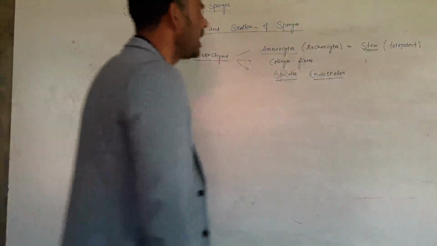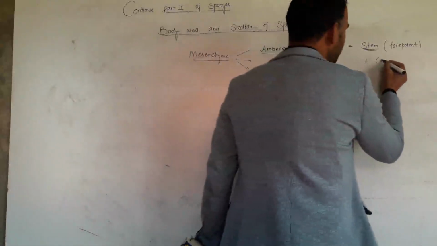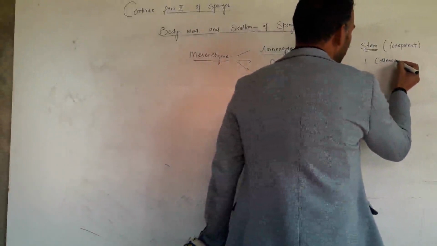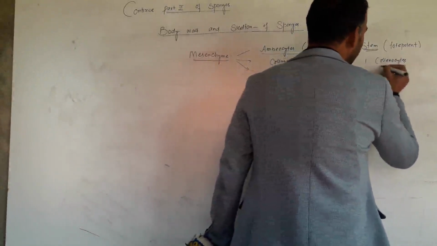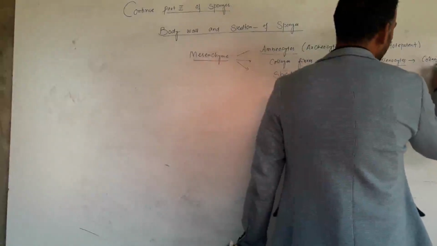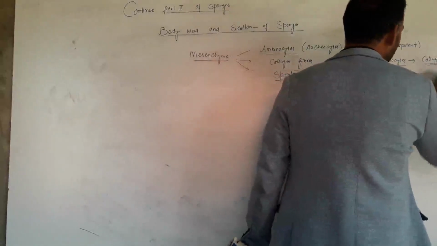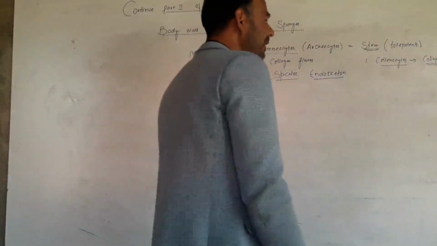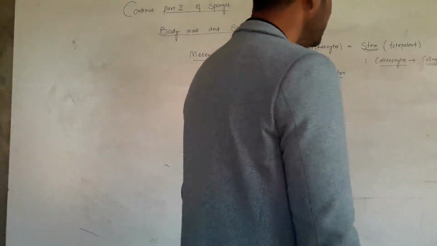For example, one type of amoebocyte is called collencyte. These collencytes secrete collagen protein that maintains the stability of the mesenchyme as well as the body